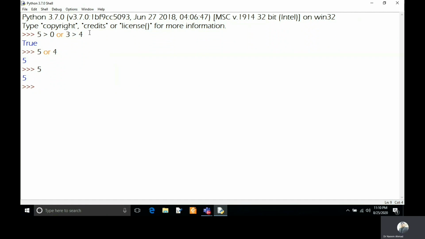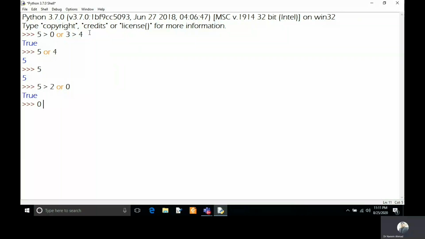Now 5 is greater than 2. This is the conditional statement, or you can keep 0, which is a false value. So it will return true because it is deciding based on the first conditional statement. So it is not going to execute 0.